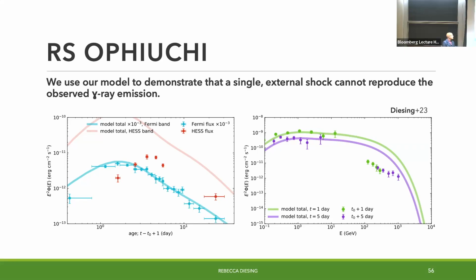And the reason for this is multifold. First of all, I cannot reproduce the delay, and that makes sense given that the acceleration time is much shorter than the time it takes to get to this peak. Once you're accelerating both GeV and TeV particles, it's the same shock producing all of this, so the two spectra should evolve in lockstep. There's no reason that one should drop before the other. The second thing is that I'm way overshooting H.E.S.S.